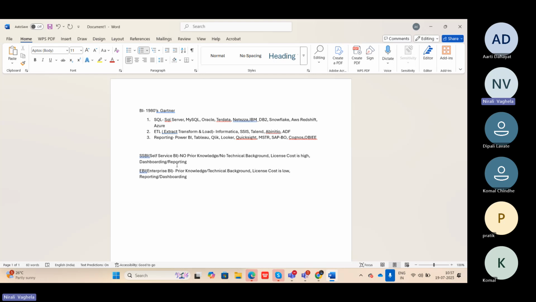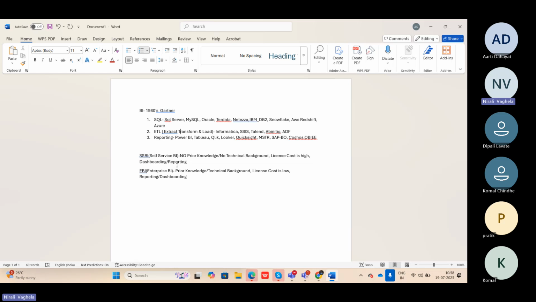Similarly, the reporting functionality that enterprise BI tools provide, you won't get with a self-service BI tool. That is the main difference. The self-service BI tools are mainly for dashboarding and the enterprise BI tools are mainly for reporting, but we can do dashboards and reporting both ways.